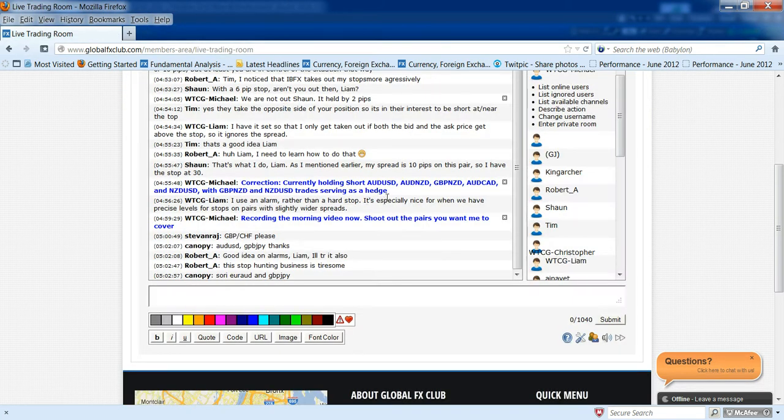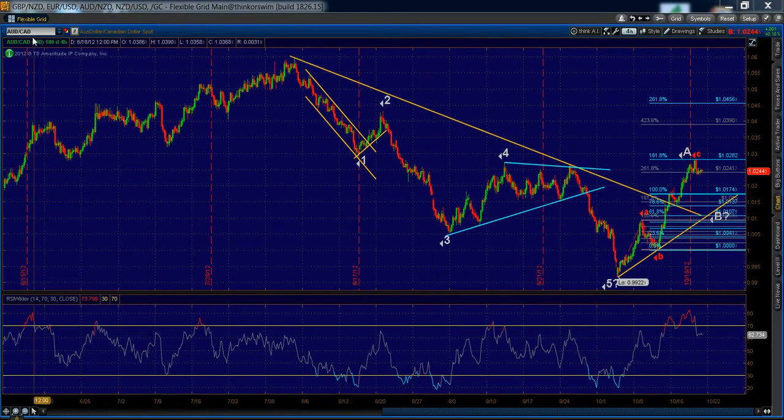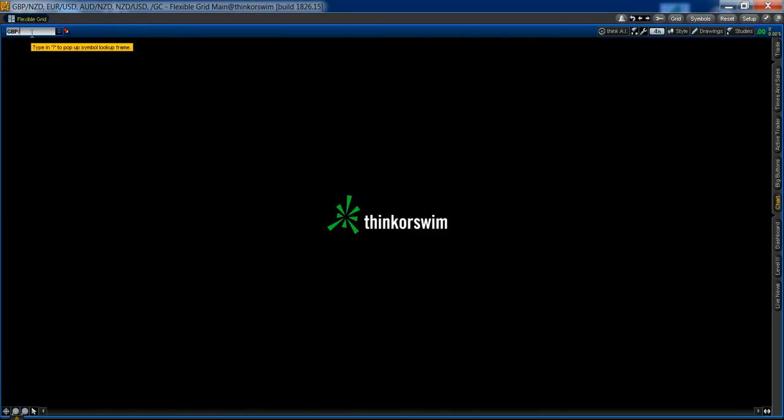Now let's go over trades that you guys want me to look at. I went over Aussie dollar. Let's look at pound yen, pound Swiss, and a couple of these other ones. Okay. I don't really trade the pound Swiss, but I'll look at it. Pound Swiss,